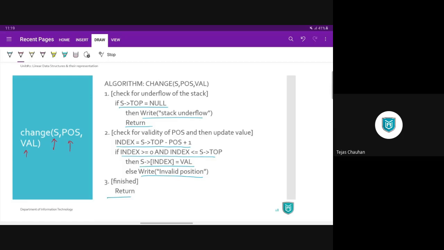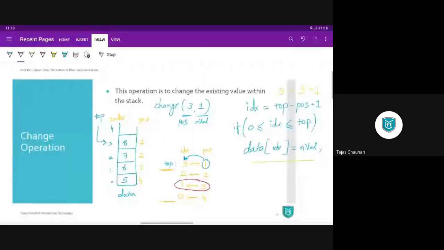Okay, quick recap for change operation. Let's have a look at it one more time. Consider this as a current situation. We have 4 values in our stack, and that means our top will be pointing to index value 3.